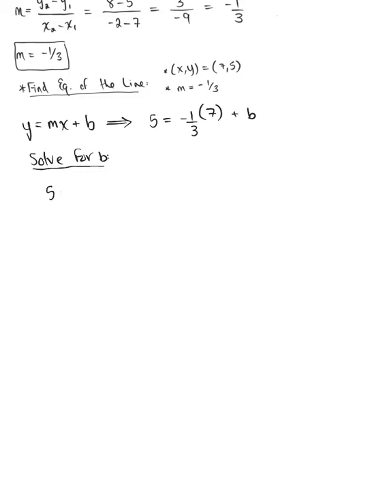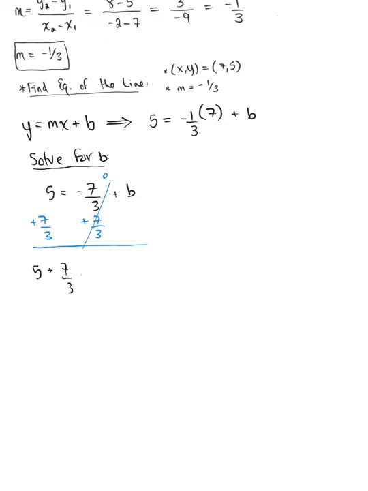So we have 5 is equal to -7/3 plus b. And we'll add 7/3 to both sides of the equation. So we have -7/3 plus 7/3, which will combine to 0,